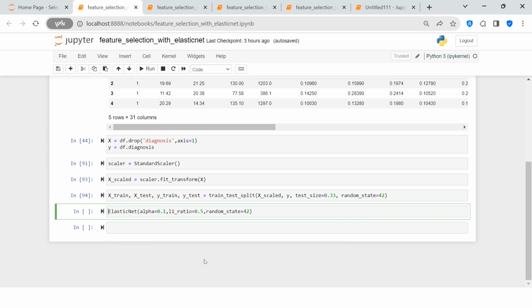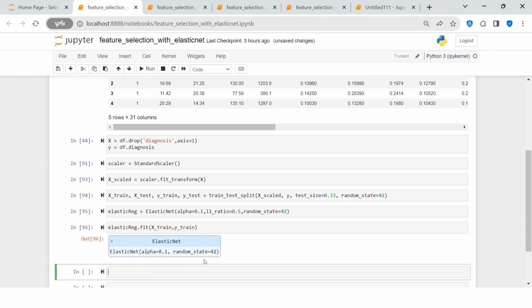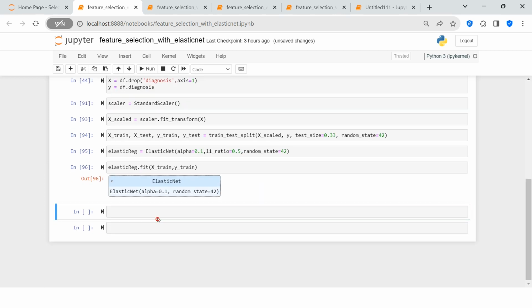Let's just try it with this one. I'm going to name it elastic_reg, and let's try elastic_reg.fit, and inside that I'm going to use X_train, which is my scaled data, and y_train. This is done. Now let's find the coefficients of it. elastic_reg.coef_